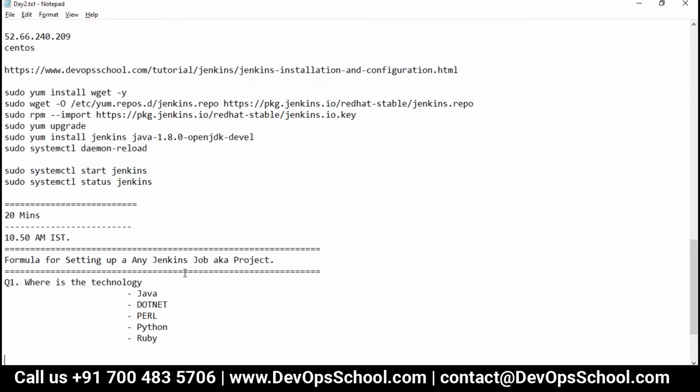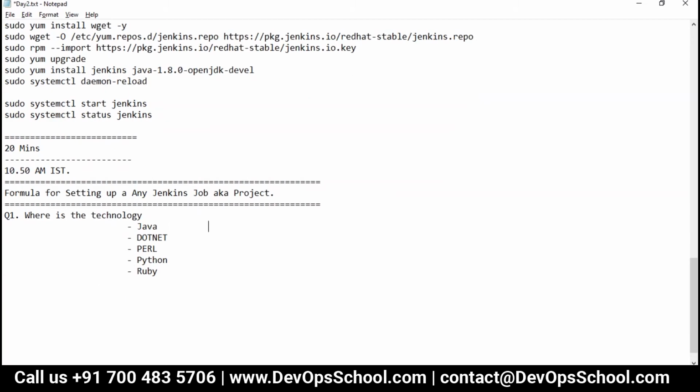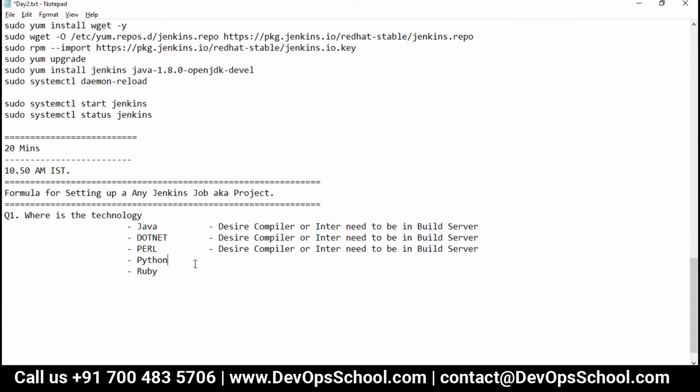If you answer this, then you know the desired compiler or interpreter needs to be in the build server. You have to make sure of that, whether it is there or not. This is one of the checklist items.